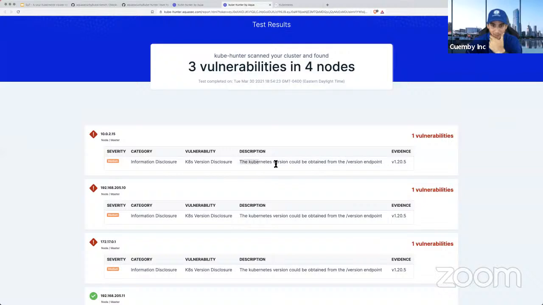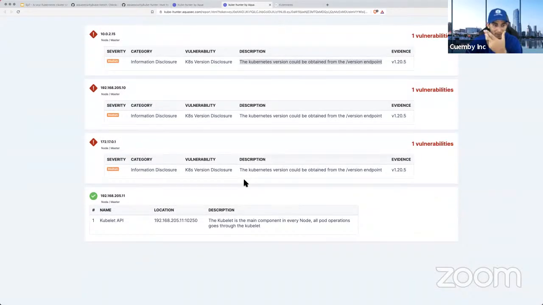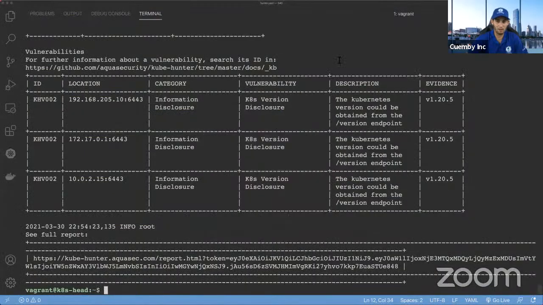The Kubernetes version could be obtained via the /version endpoint. Don't do that. Like I said, I didn't even try to make it secure, otherwise it would be pointless to do this. But this is interesting. You can see all this stuff in here and the severity that they have.